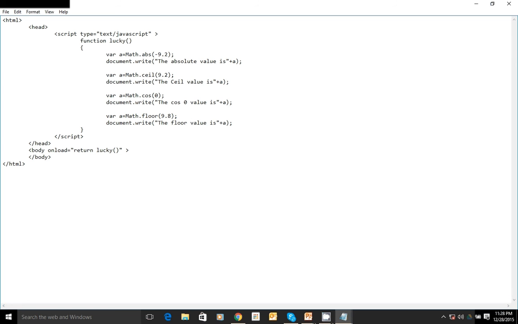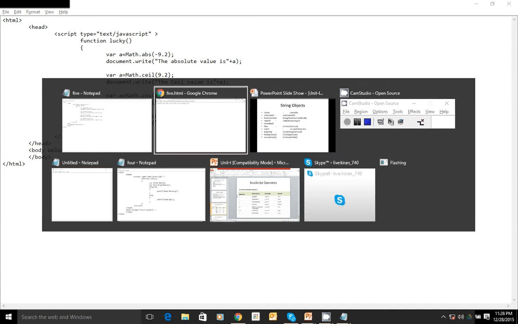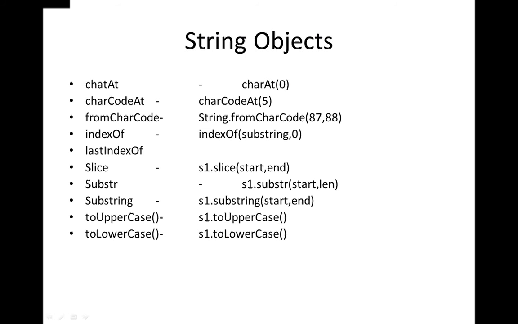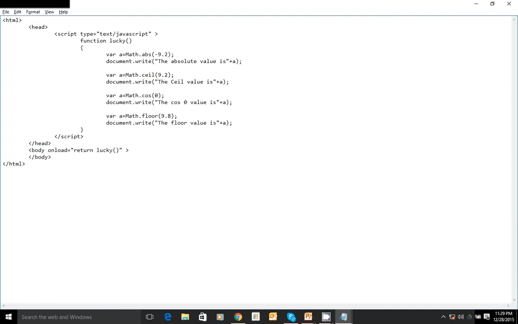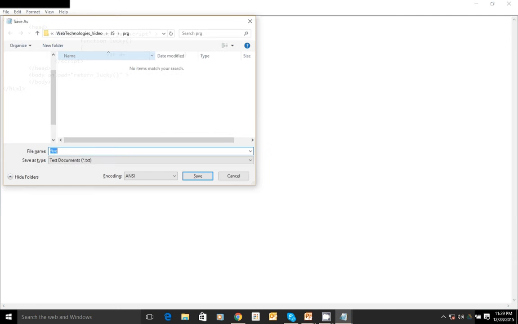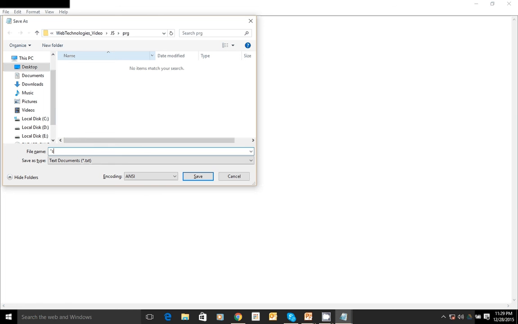let me write a simple program on how to make use of this string object. Let's look at the string object, let's say 6.html.